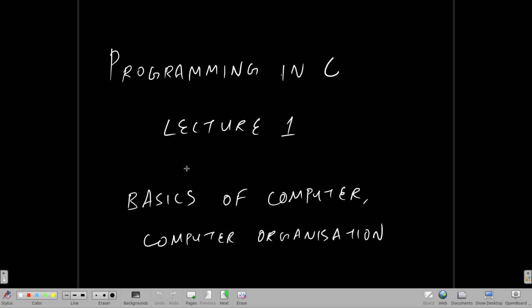So in this lecture we'll be dealing with some of the basics of computer, and briefly we will just discuss some basics of computer, and then we'll move on to the computer organization part that you have. We have already discussed the syllabus in our first session, so we'll right away jump into the topic. Okay, so first of all,